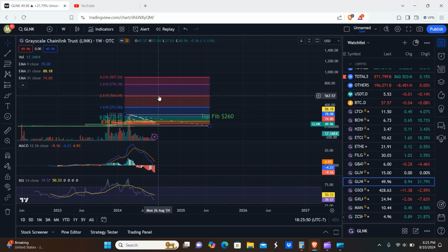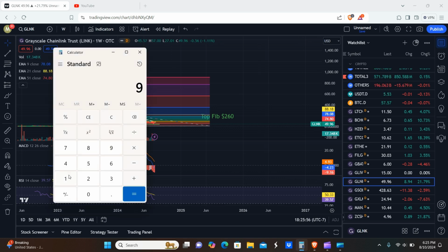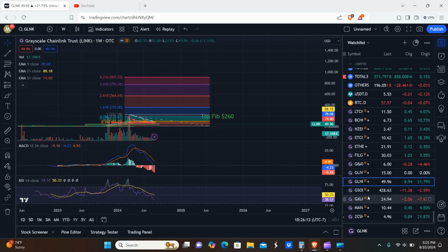So 360, 570, roughly about 780 and 910. So you got 910 divided by, let's see, 50 here. Roughly about an 18x. I mean, I would take that any day. We're expecting to make at least a 20 to 25x on Filecoins. So 18x in our mind would still be pretty good. 36,400.